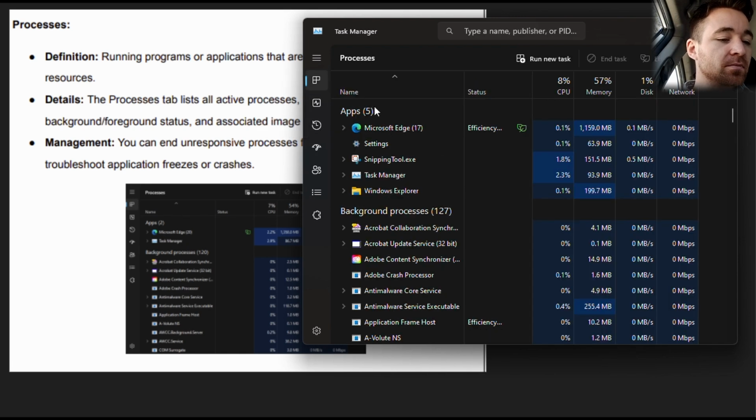And this will show me things that are running. So I do have background processes, and this is where I can see my applications that are actively running here as well, right? It's telling me how much memory it is using, how much CPU, how much of my disk space, how much of the network it is using, right? Things to that effect. I get all these statistics here, which can help me diagnose issues with my device